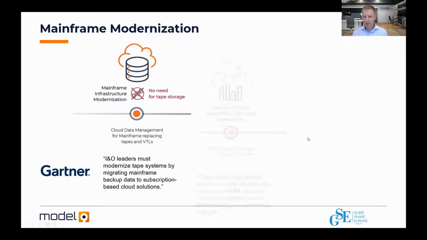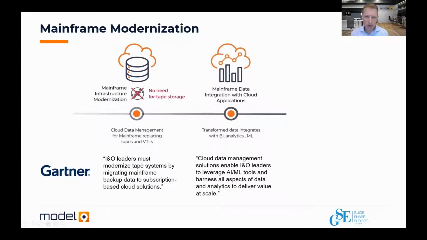The second thing is the data transformation and ETL tools, how you can take the mainframe data and run on all of the data, BI and data analytics tools in an easy way without consuming billable MIPS.